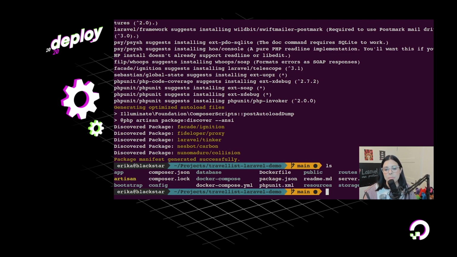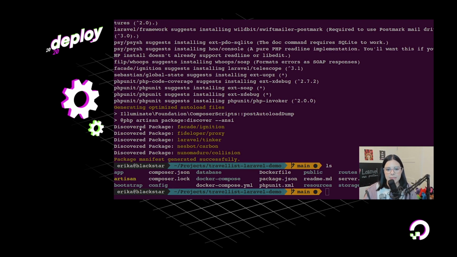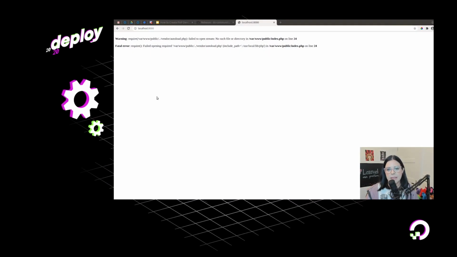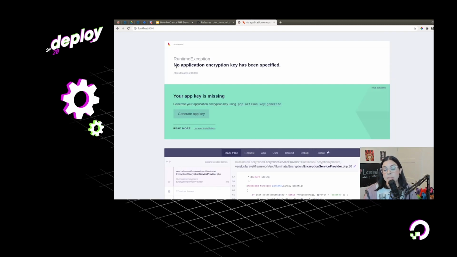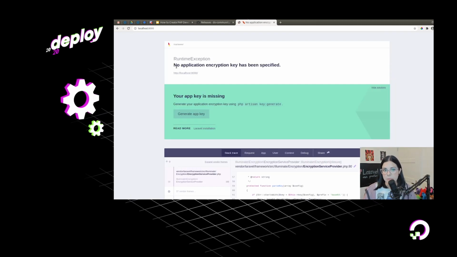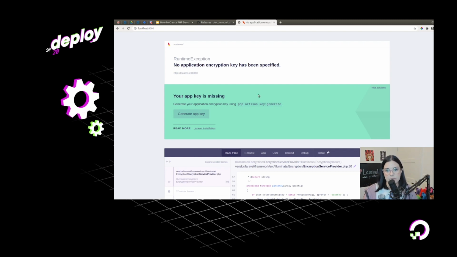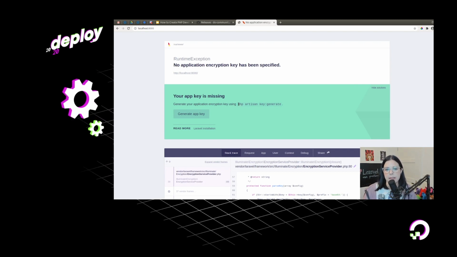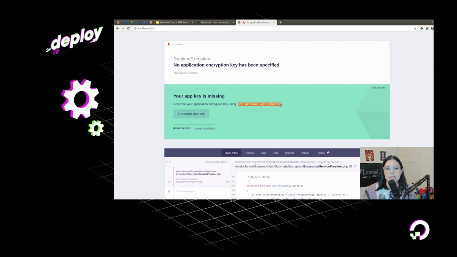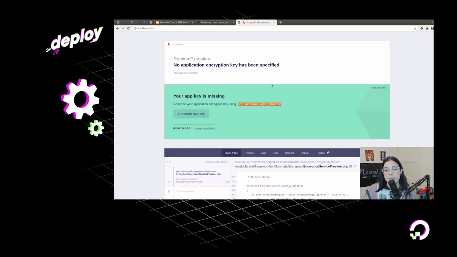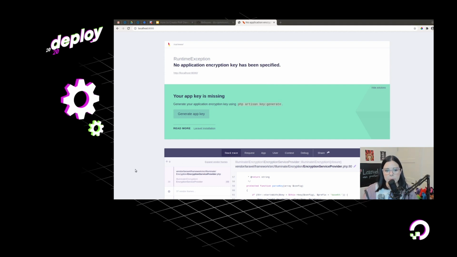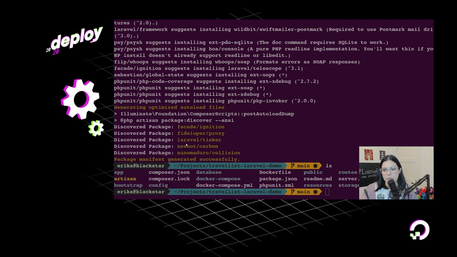But if you go to the browser now, let's just see that. "No application encryption key has been specified." So that's what I was mentioning just now. You need to run the php artisan key:generate command. And we are going to run it now, the same way we did with Composer.